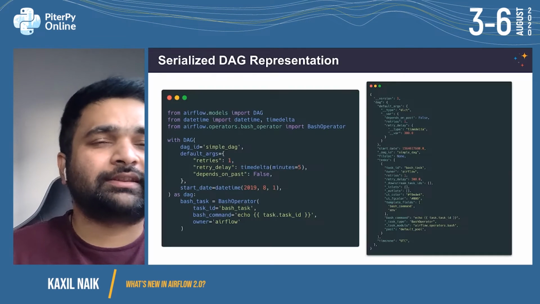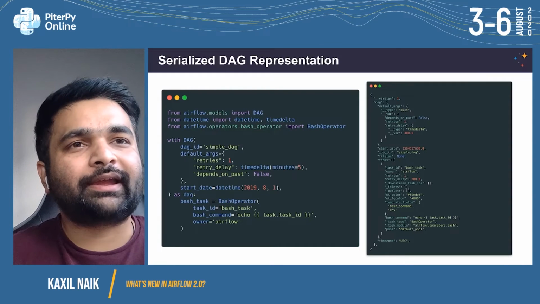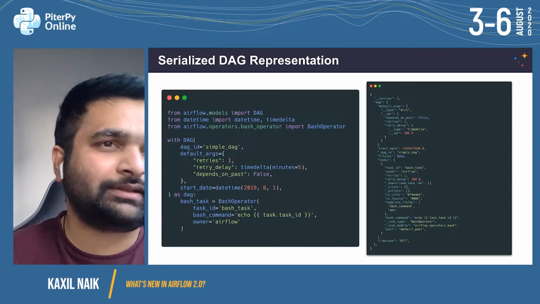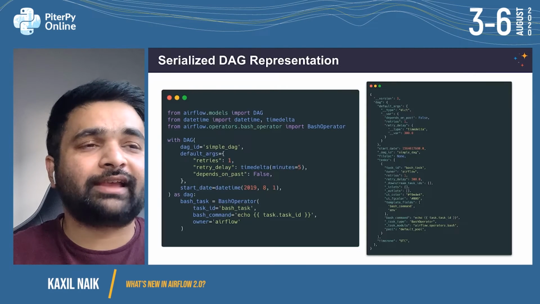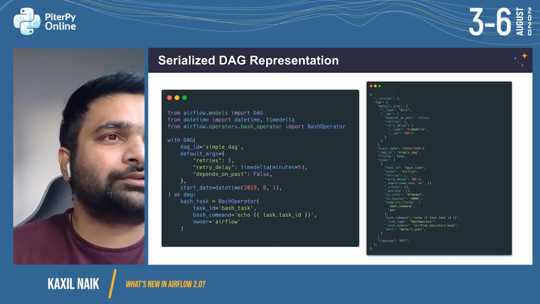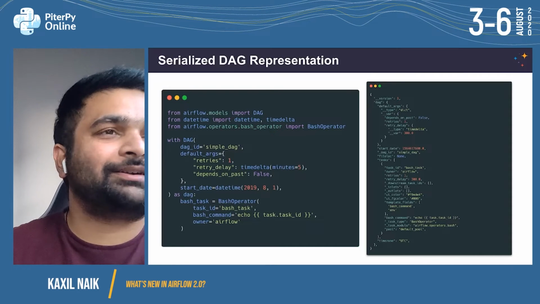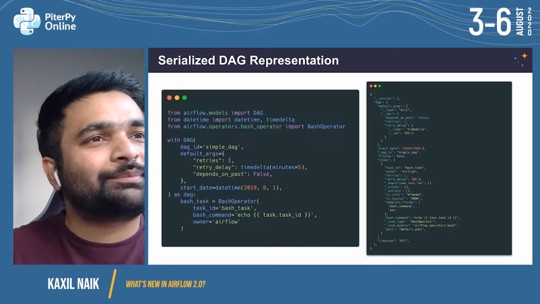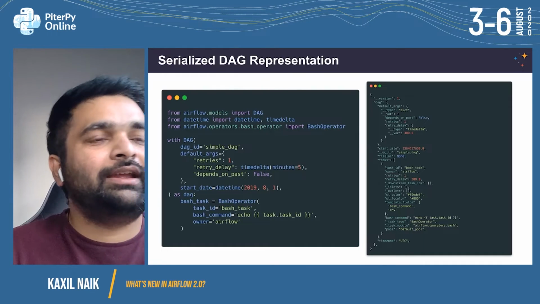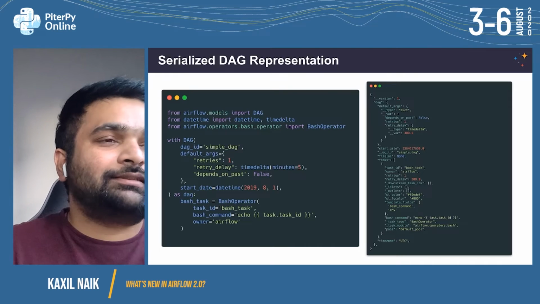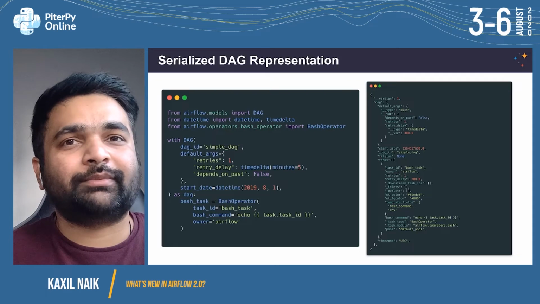This slide shows an example of how a serialized DAG looks. The figure on the left shows an example DAG with some default arguments, a start date, and a single task called bash task. And the figure on the right is a serialized representation of the same DAG. You can see the default args dictionary is converted, annotated with type dictionary, and depends on past equal to false, retries 1. Similarly, the task is serialized, where you can see all the parameters in JSON format too.